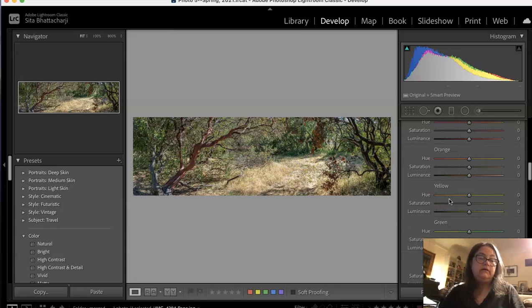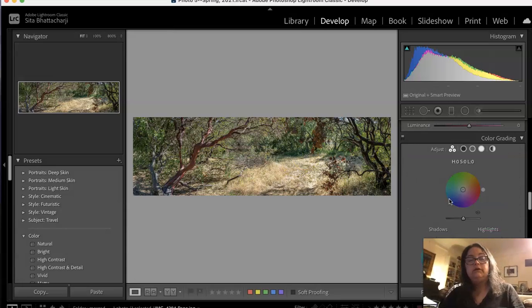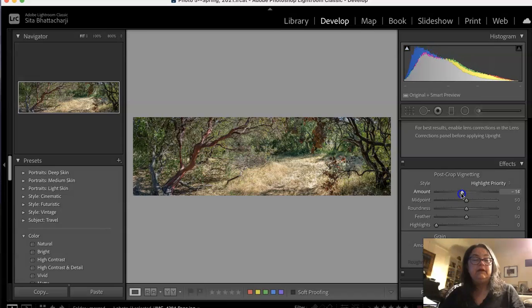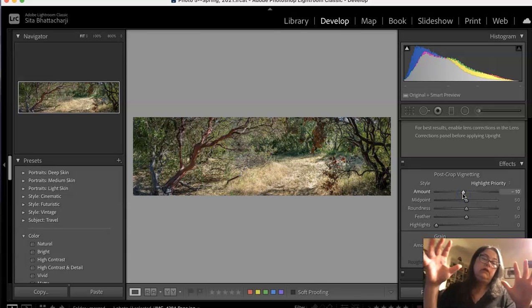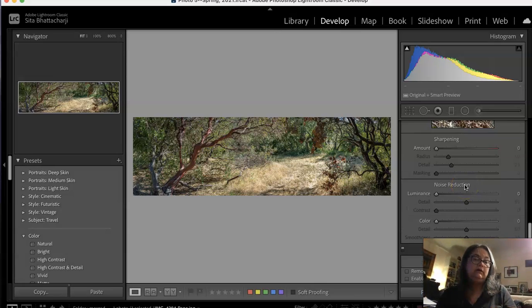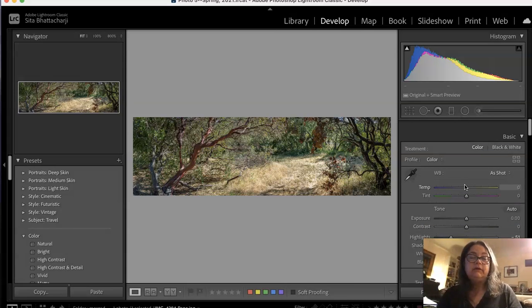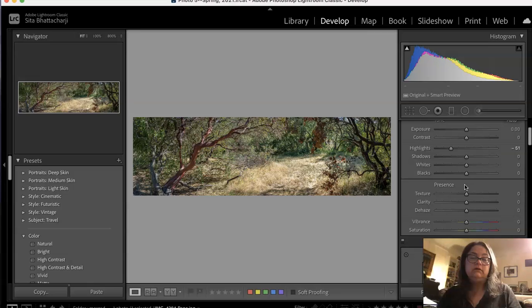I would also go down here in the develop module with the post-crop vignetting and darken the edges just a little bit more so that we're further led into the image. I love the color of the manzanita tree,